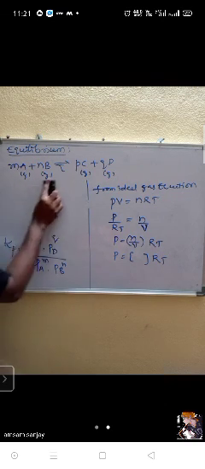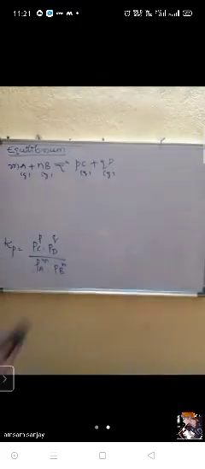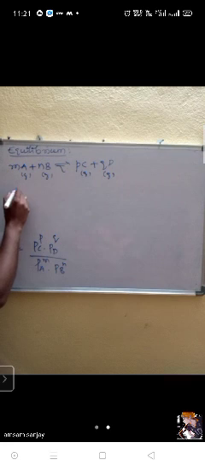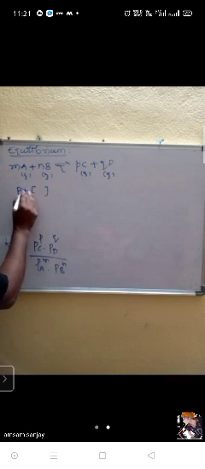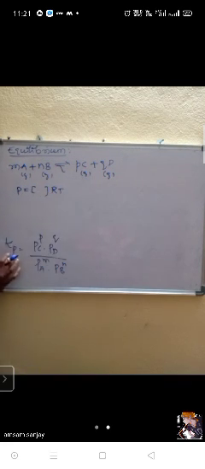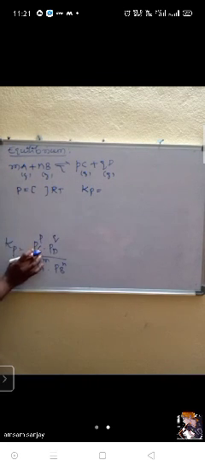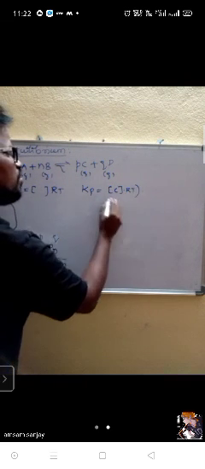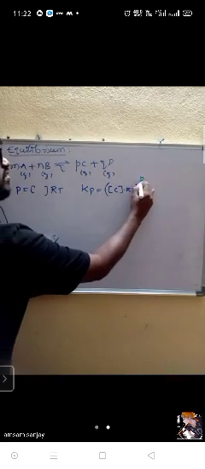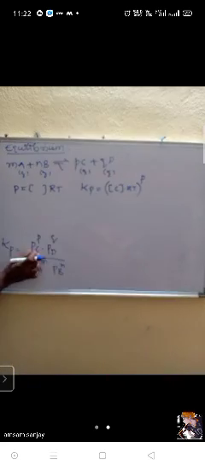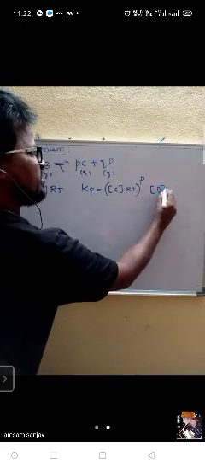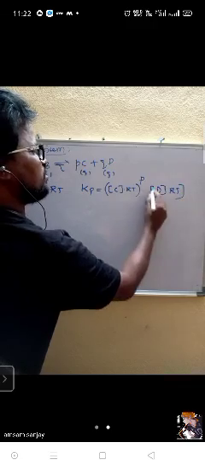I am going to write P is equal to concentration into RT. This I am applying. Kp is equal to, see, pressure of C means I can write concentration of C into RT, then whole to the power of p. Wherever the pressure is there, I am applying this. For D also see, concentration of D, RT, whole to the power of what?